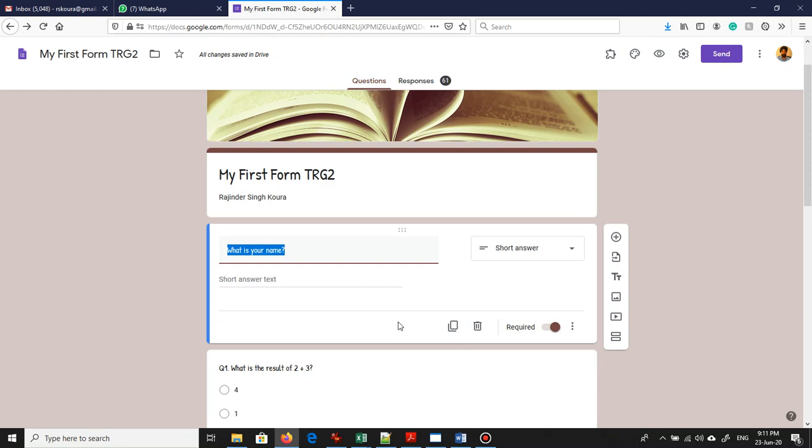But what is the problem if you don't ask this question? It is something like taking an answer paper from a student and the student has not written his name on it. If the student doesn't write his or her name on it, then you don't know who actually is the writer of this paper.